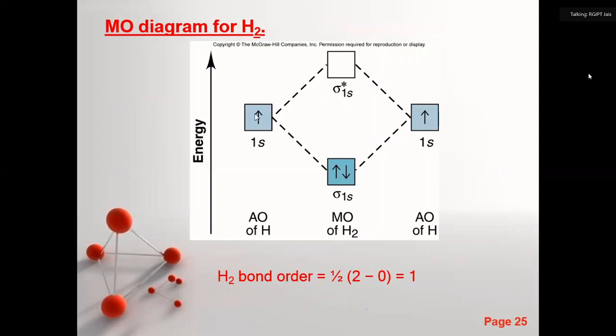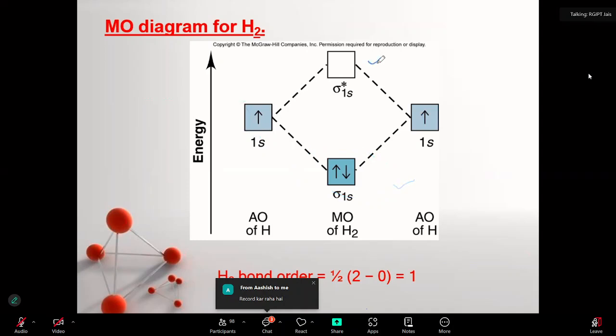Next, this is the main part. We have already discussed how these types of atomic orbitals combine to form a bonding as well as anti-bonding molecular orbital. In this case, if we take an example of hydrogen, one electron is filling in each 1s. Here is 1s, 1s, total two electrons. First filling in the bonding orbital, the sigma bond. After that, the anti-bonding is